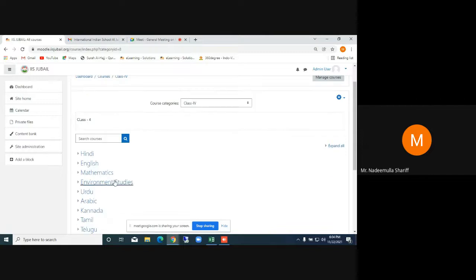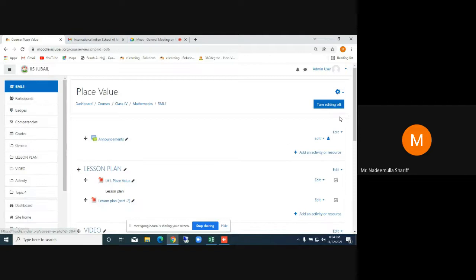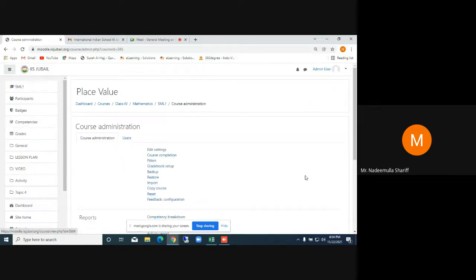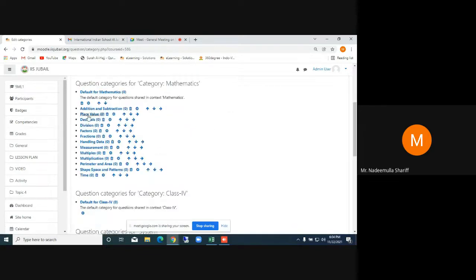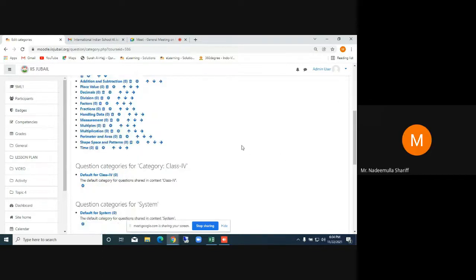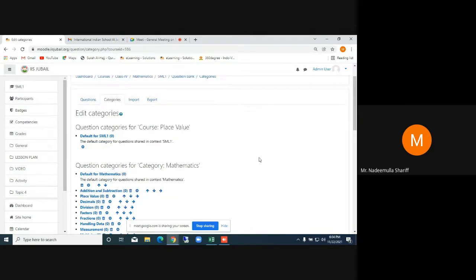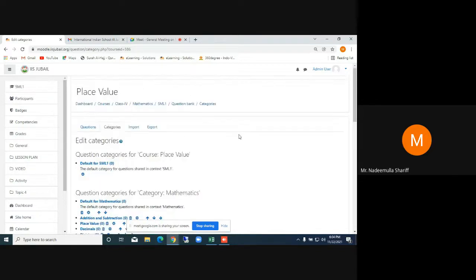See, class 4, if I go to mathematics, you can see I have added all the categories now. I have added almost all the chapters, whatever chapters are there. Now you can see everything is added here. I have not done it for the other subject. Hindi, I think I have done it. Yes, done. Wherever I have confusion, I have just left it as it is. But otherwise, you can see most of the major subjects I have done already, except third languages.